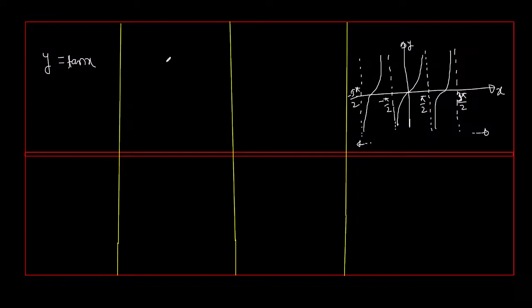ये काम नहीं कर रहा। मतलब इसके डोमेन में x बिलोंग्स टू R है, सिवाय (2n+1) पाई/2 के, n बिलोंग्स टू इंटीजर, ये डोमेन है ना। कि सिर्फ यही नहीं होगा, और फिर रेंज देखें तो ये -इन्फिनिटी से इन्फिनिटी है। इसको बोल भी सकते हैं R, रेंज R है।